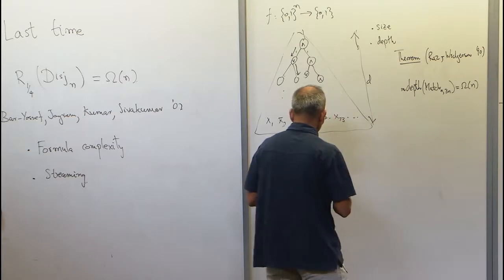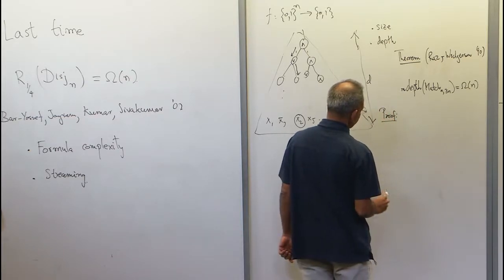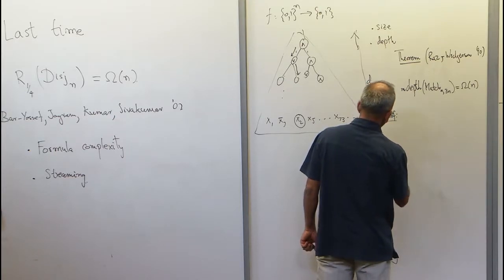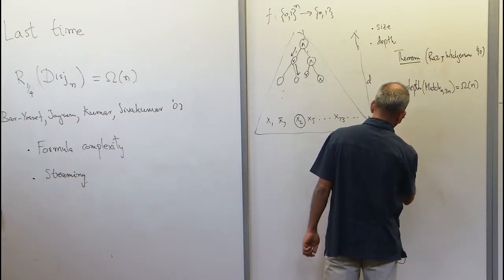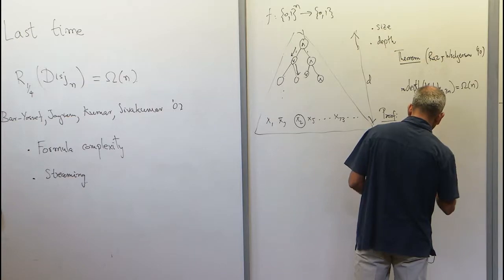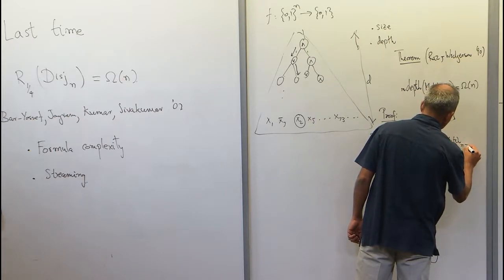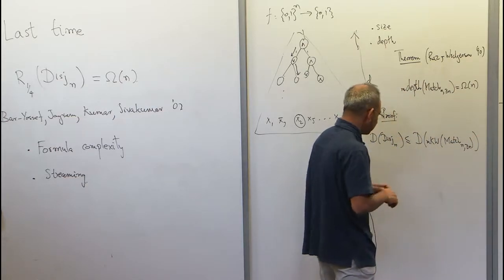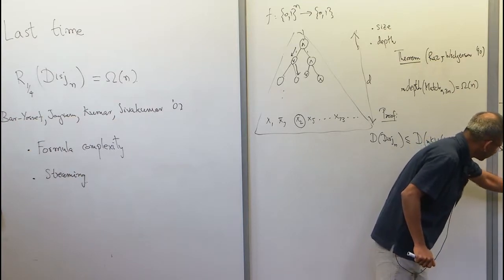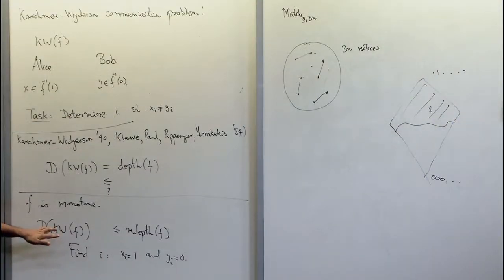We actually show that to show this depth is large, we can use this theorem and show that the communication complexity of the associated Karchmer-Wigderson problem is large. And to show that this communication complexity is large,